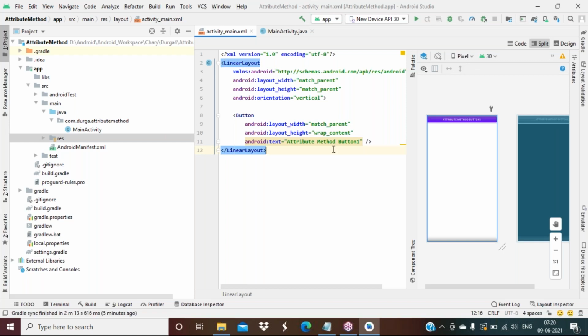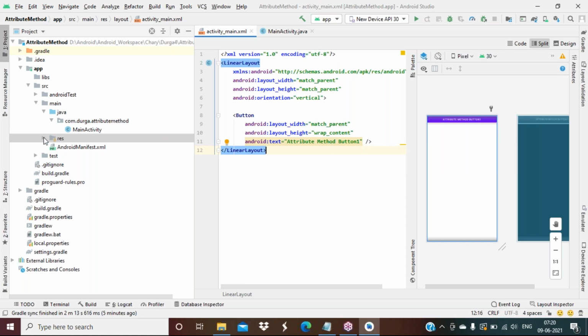But here when I have written, I got some highlighted color, orange color. So what it is telling, see, hard coded string attribute method button 1 should use string resource. That means you should not directly add your string value in the XML like this.